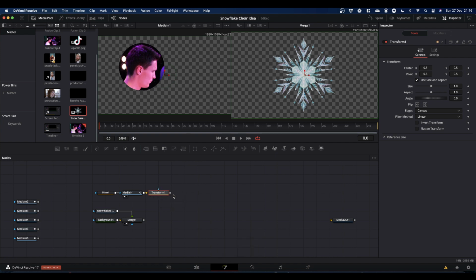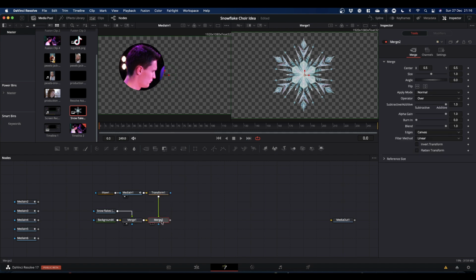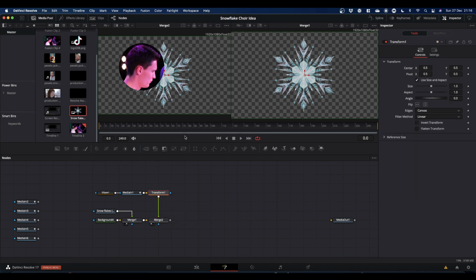Now this transform node, we're going to take the output and drop it onto the merge node of your snowflake. And if we put that into the viewer, you can see we now have our snowflake and our image. The image is way too big and out of position, which is where the transform node comes in. If you click on your transform node, you can then come to your inspector, resize,